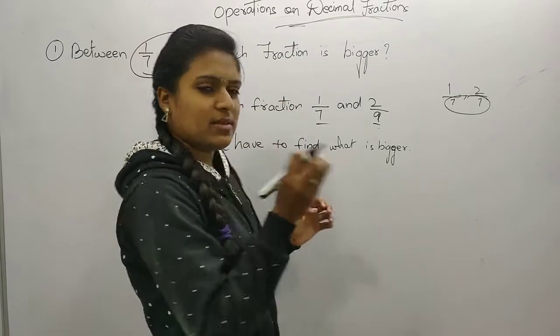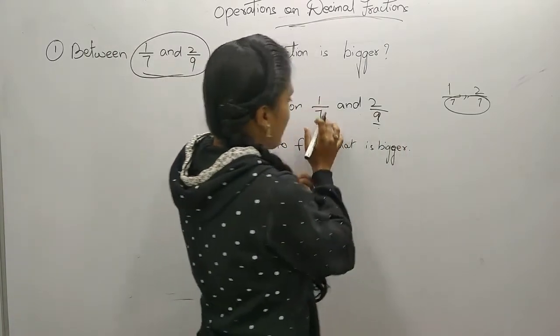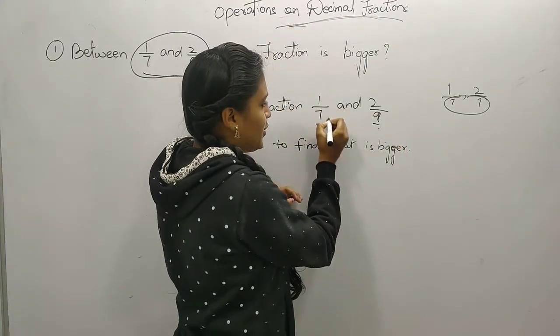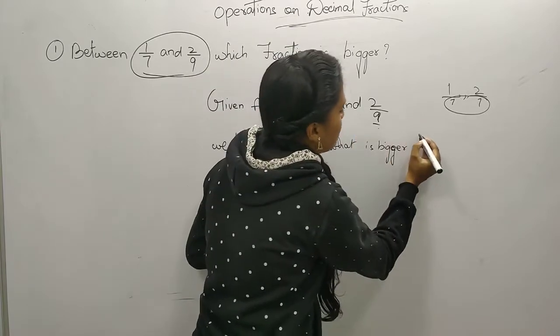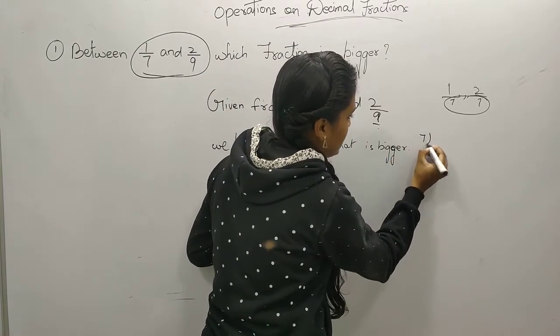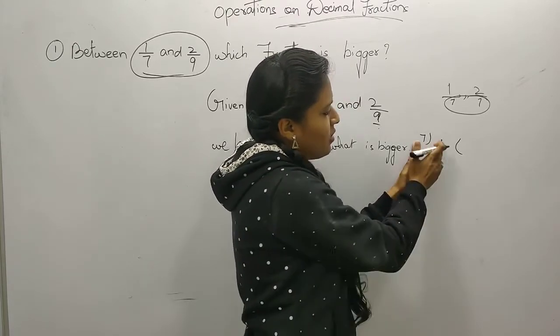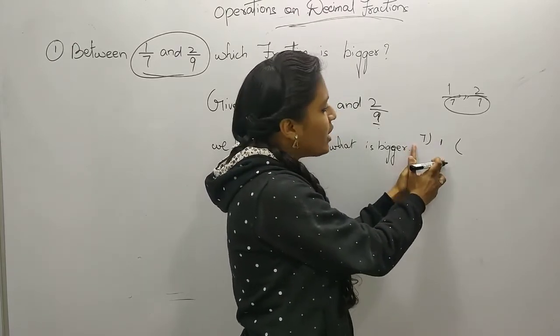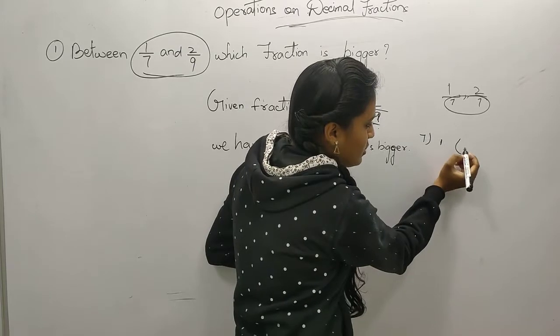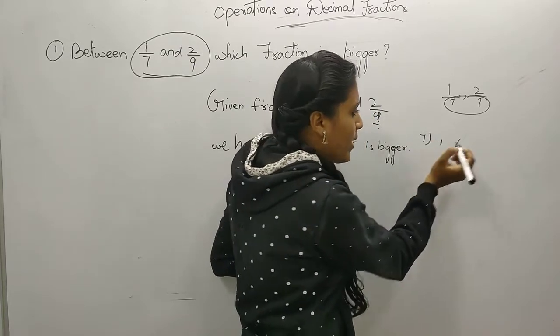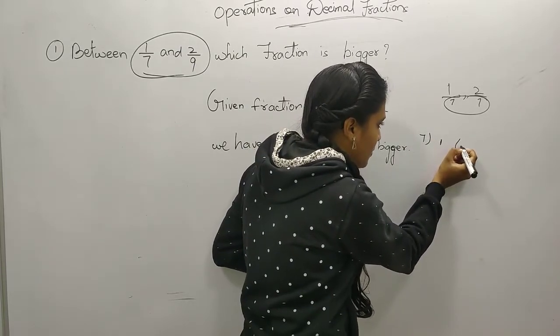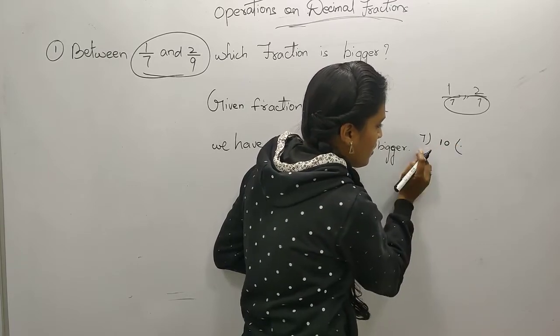It is a very simple trick. Here we have 1 by 7. The trick is very easy, just observe. Divide 1 by 7. Here 7 is greater and 1 is smaller. Then what will we do? Put a decimal point, and by putting the point, keep 1 as 10. We kept the point and 0.